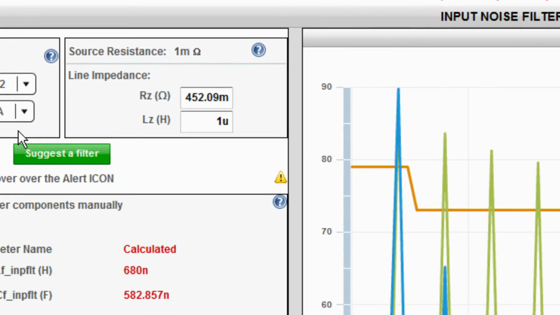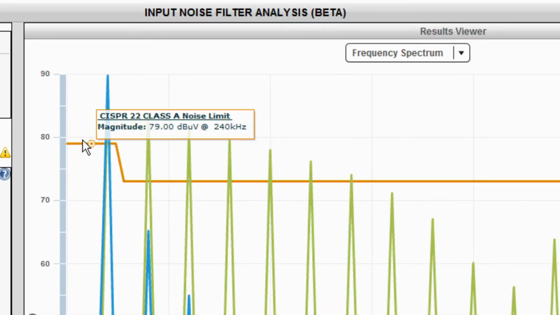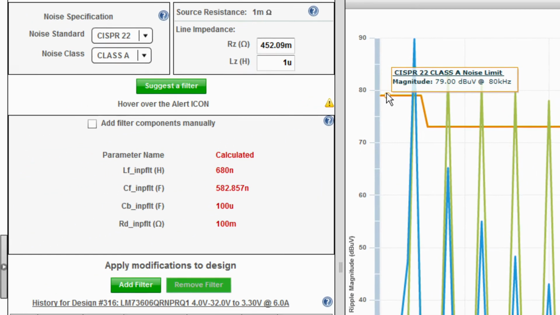You can see right here that the limit lines have moved up. In other words, it's easier to pass a CISPR22 class A design than a CISPR25 class 5 design. So for a CISPR22 design, you might not even need to add an input filter in order to meet conducted tests.